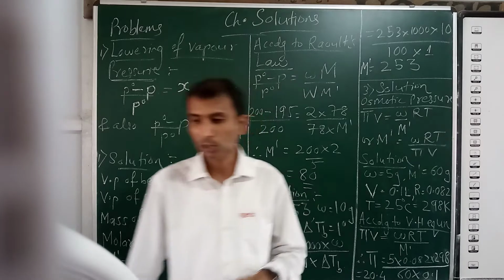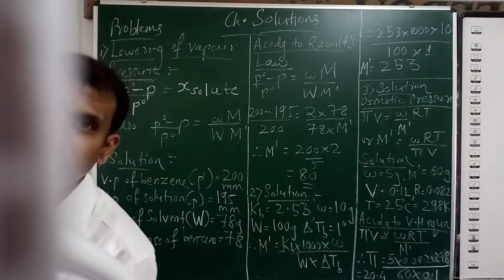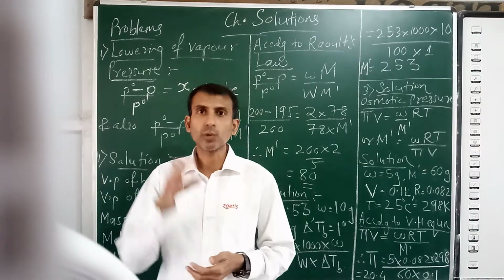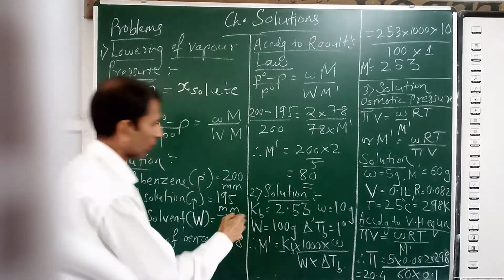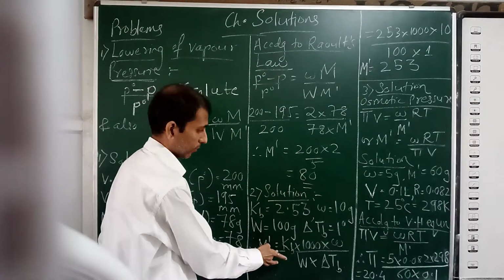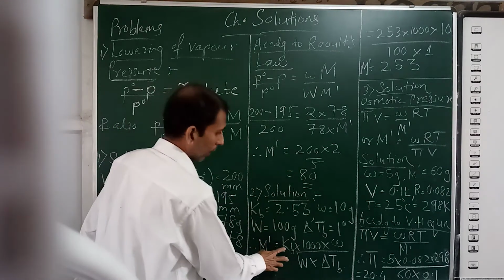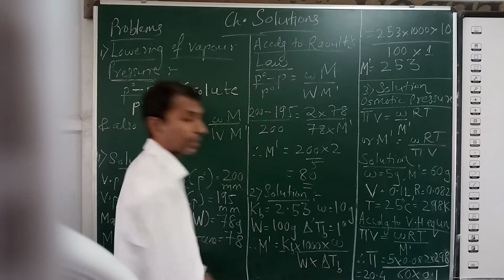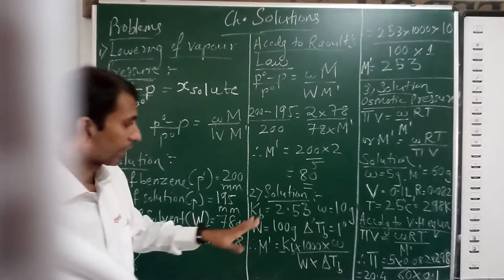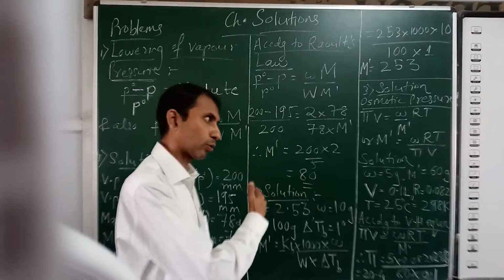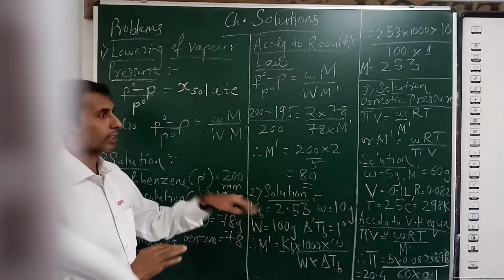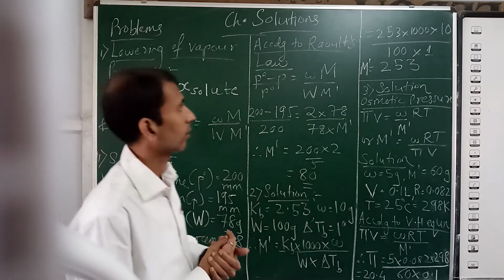Now the third colligative property, which is depression in the freezing point. I told you that the depression in freezing point equation is similar to elevation of the boiling point. What will be the difference here? Instead of Kb you have Kf, and instead of delta Tb you have delta Tf, but the equation is the same, so the numericals are almost similar. Values will be given in the same way and you have to solve in the same way.